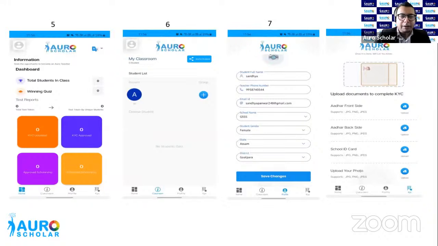After you have shared an invite link with your students from within the app, as soon as they use that invite link to register themselves as a student, they will automatically be reflected on the teacher's app. So in this My Classroom section, you will see names of all the students that you have invited